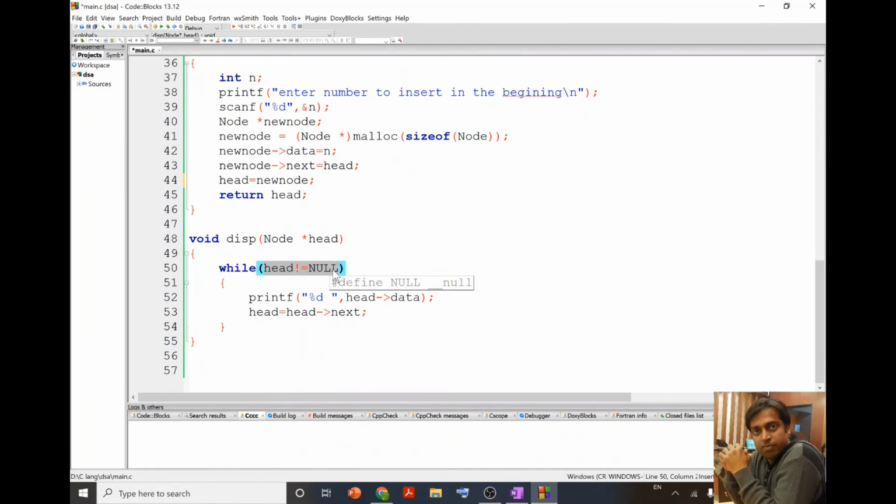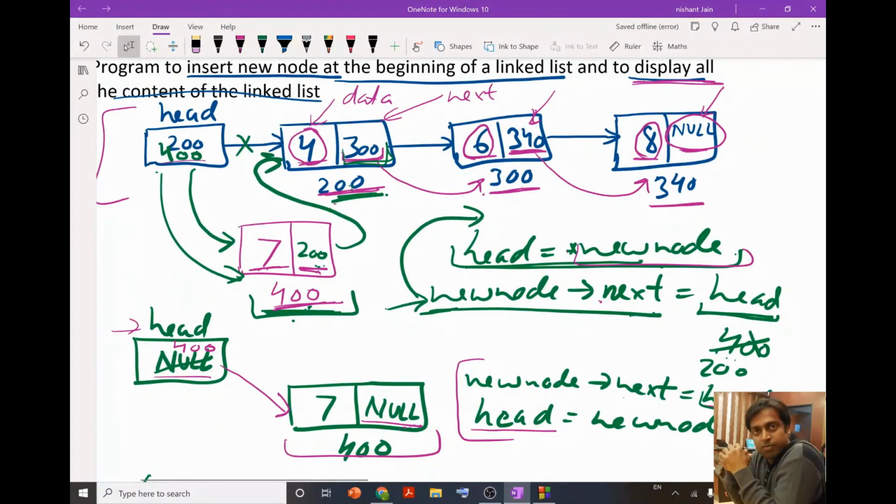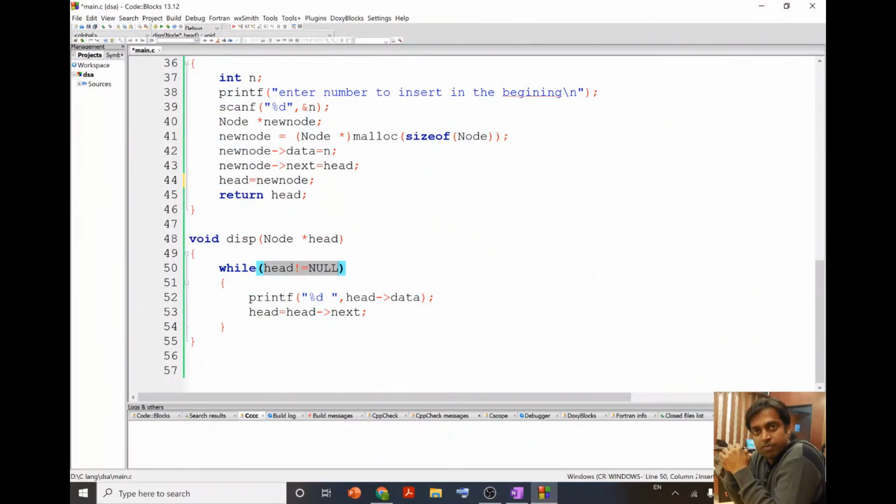As we discussed, we will start with head and keep on displaying this information until we reach this null. That is what I reflected over here.